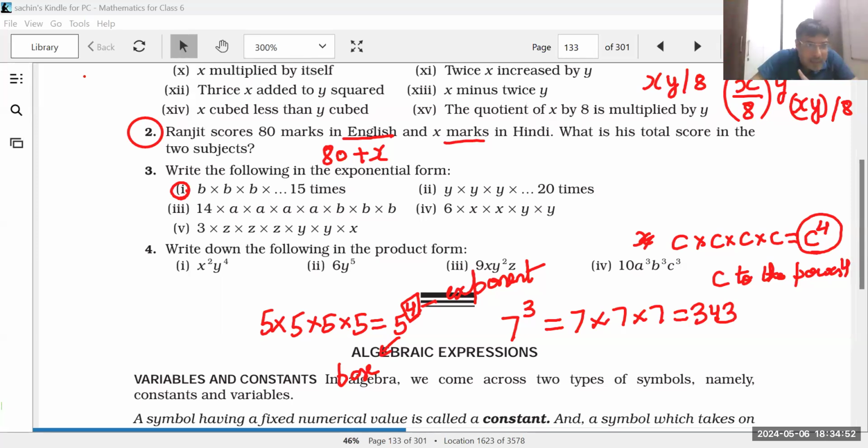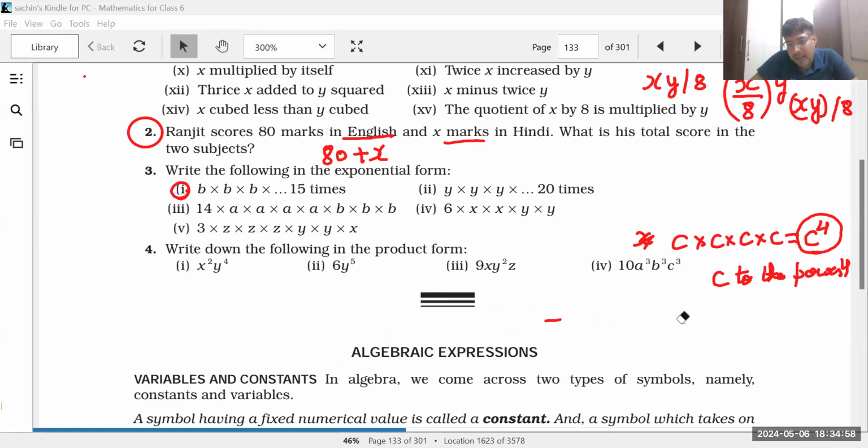अगर मैं 2 बार मल्टीप्लाई करता हूं तो उसका एक शॉर्ट फॉर्म है. C, I call it C square. What do I call it? C square. C into C. Either I can write C to the power 2